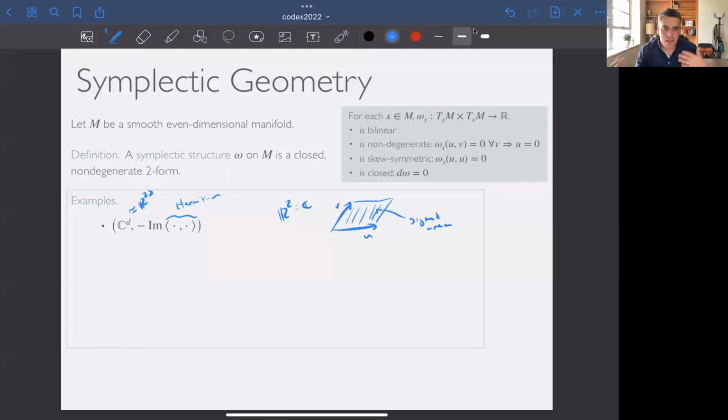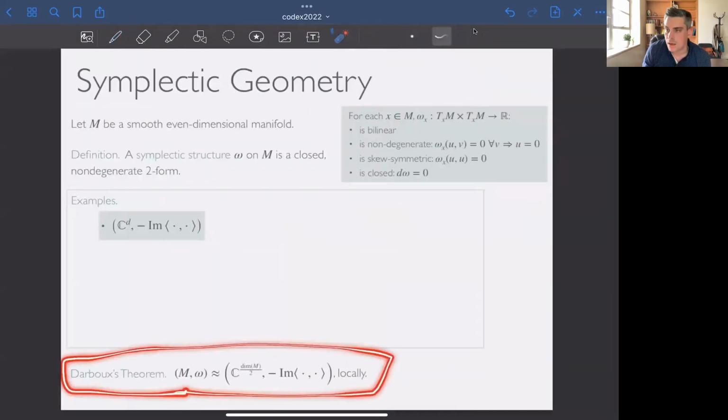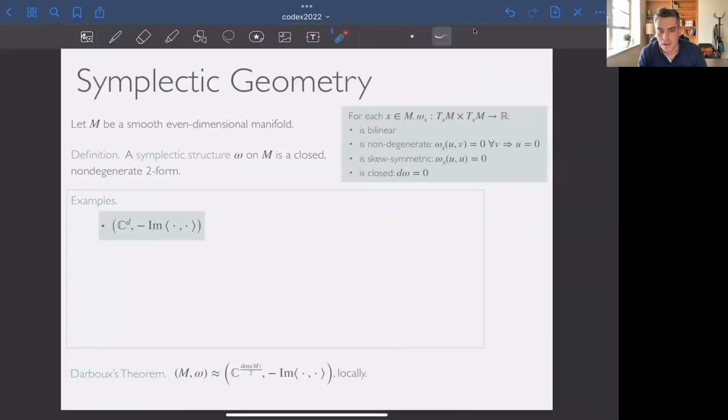Okay, so that's kind of the idea of what a symplectic form is doing. It's kind of eating a pair of tangent vectors, returning a signed area in some sense. And in fact, locally, that's what every symplectic manifold looks like. So this is Darboux's theorem, this very foundational theorem in symplectic geometry, says that basically every symplectic manifold looks like this. Okay, locally at least. So that there's a local neighborhood where it's symplectomorphic, like equivalent in the symplectic category to this kind of standard